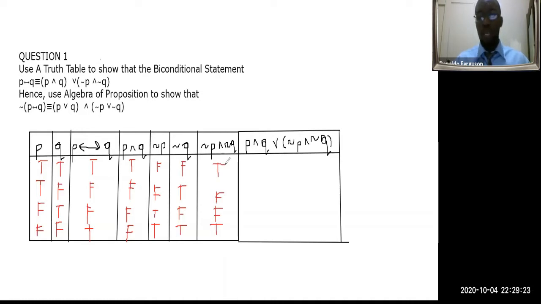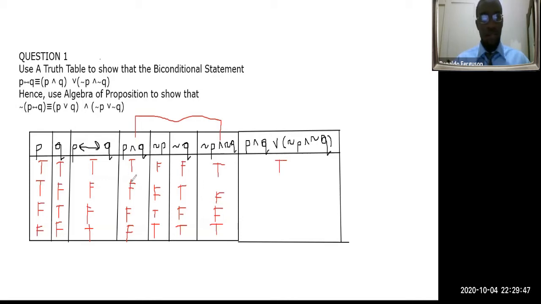So now we need P and Q, or not P and not Q. So we're looking at this column, P and Q, or not P and not Q. So looking at these two, true or true is true,